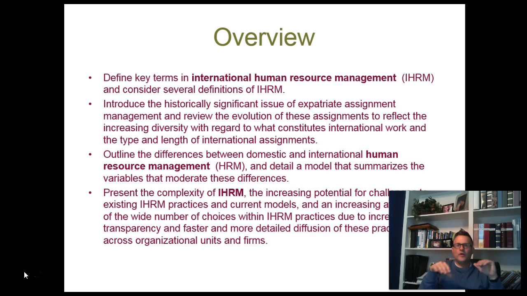It's not like our functions as international human resource managers are way different than a domestic HR manager. Those duties just become broader and a little more difficult. There's more complexity involved with performing those duties. And again, just some of the challenges that are associated with international human resource management. Specifically, what we'll look at are